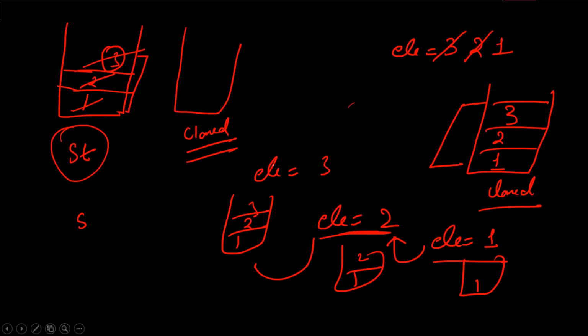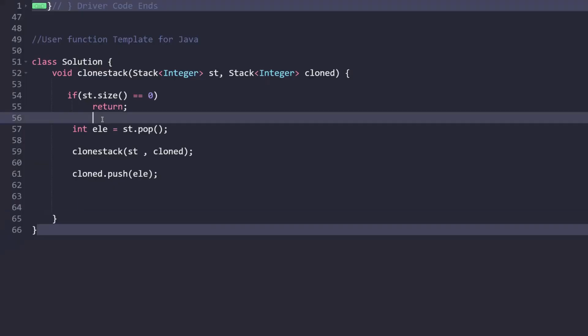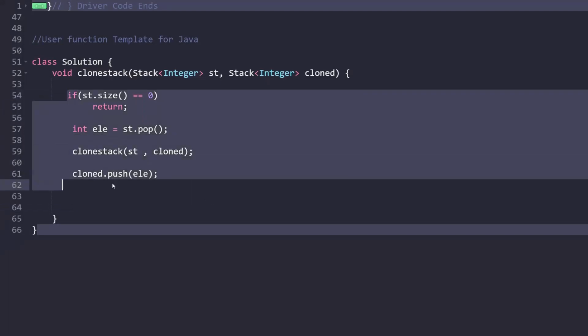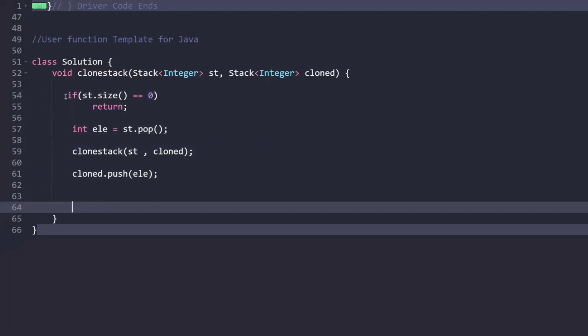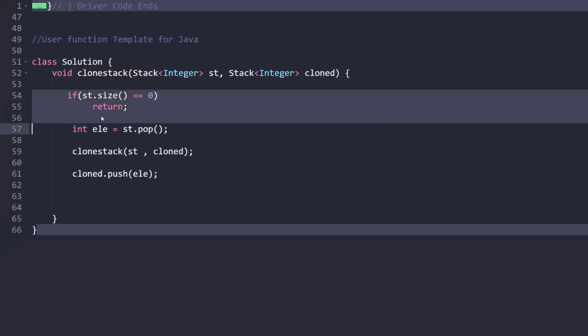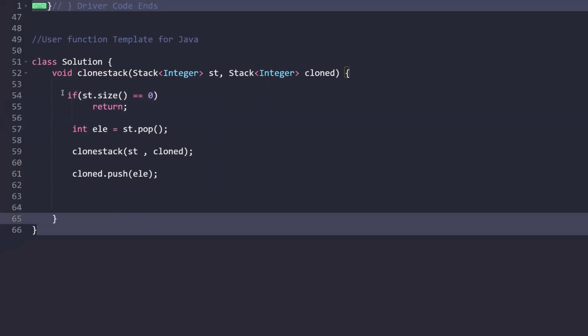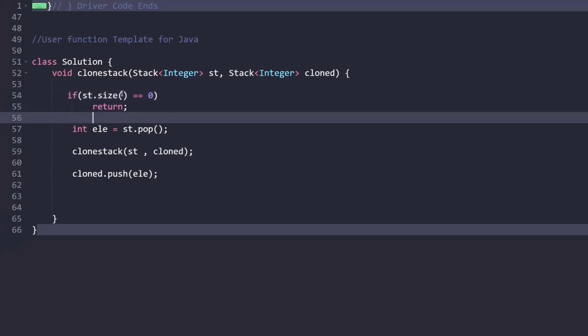This problem can be solved by other approaches as well, and for sure we'll be discussing these approaches in the next video. So let's understand the code for the same. Here you can see this is the function provided to us. As I have mentioned, the base condition is that when the size of the stack is 0, we simply return.